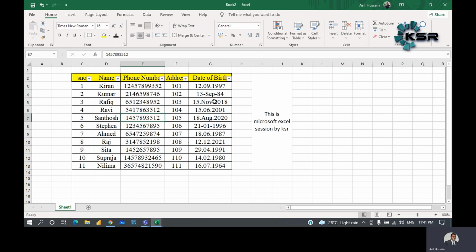So this is a very basic class: how to insert the data, how to change it into another font, what the font style and color are, merge and center, and what wrap text is. All right. So how to add colors, how to change the font colors, font size, and font style, how to convert to bold, italics, underline, how to add borders, how to insert values, all these things that we have seen in this class. In the next class we will see